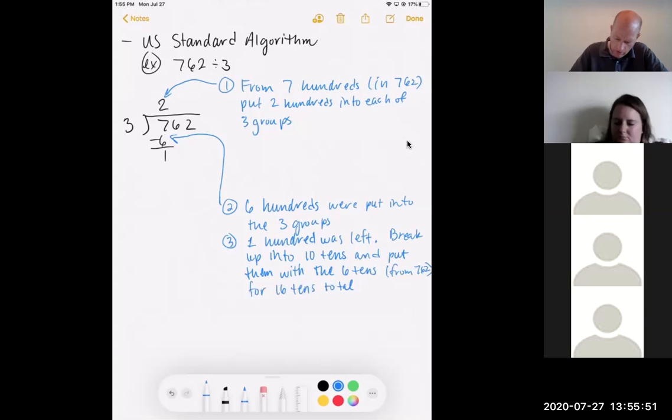All right, step number 4, and oh yeah, so let me catch up on my numbers. 16, that's the bringing down part. Bringing down the 6 is just adding the 6 tens to the 10 tens that you just formed there. So there's that part. Now in step number 4, I'm going to put that right here,